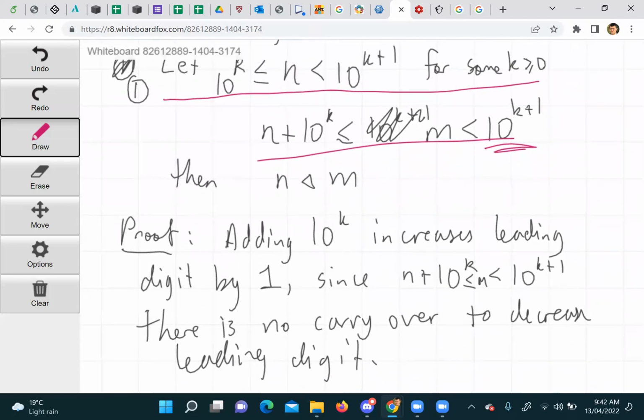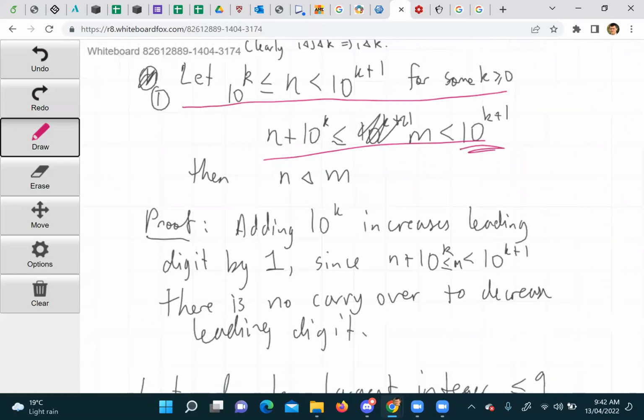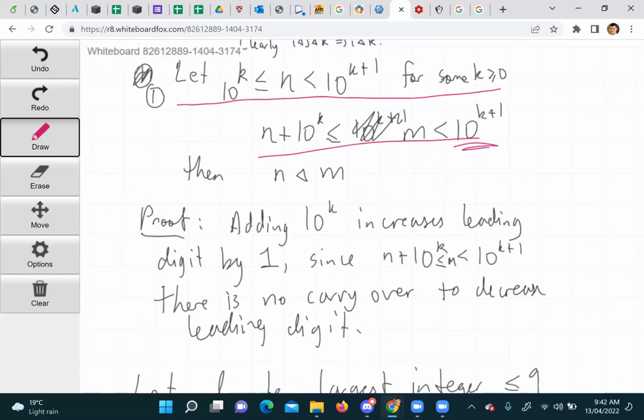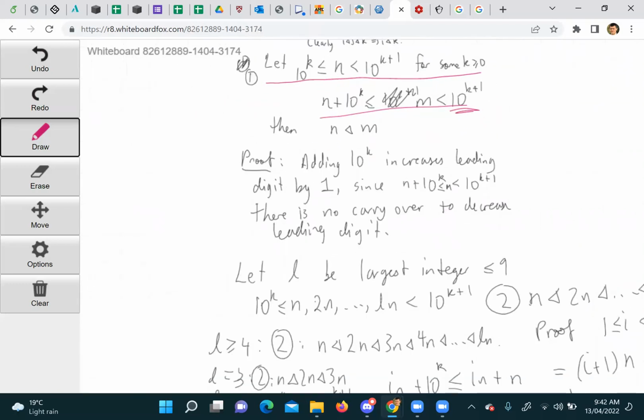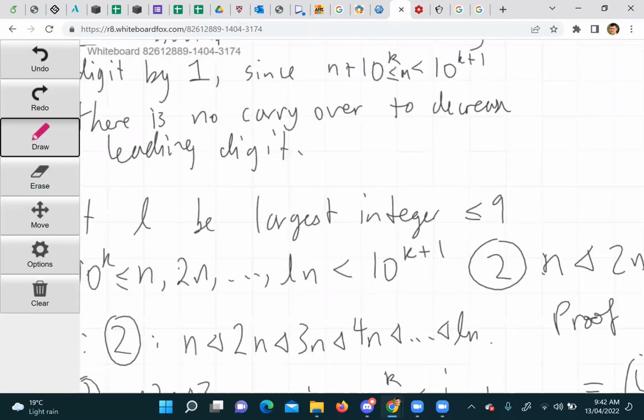But adding 10^k literally increases the first digit by 1. Yes. Hopefully this is the only real writing in the whole thing, the notation and the first level. So once you've got that, you have